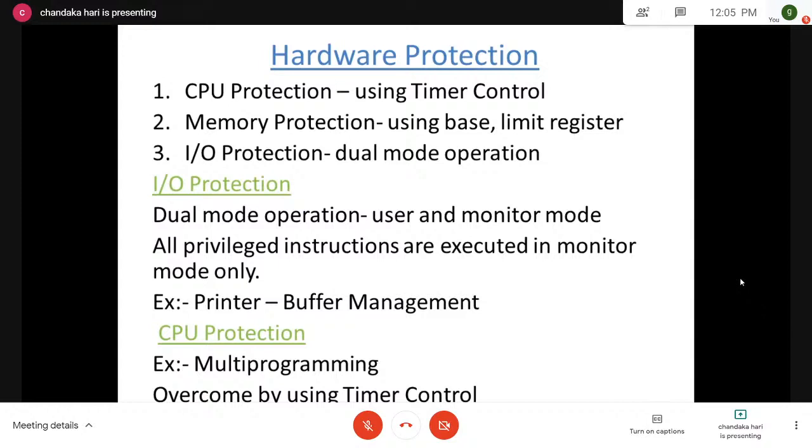And coming to the next very important one, that is CPU protection. Just now I told that in case the processor is blocked by any one of the program instructions, how can you come out? If a processor is blocked by any one of the programs, then using timer control, you can switch the CPU from one particular process to another process. Whenever a program is started, it estimates how much time it needs to run. After a stipulated amount of time, if the program is not properly completed,